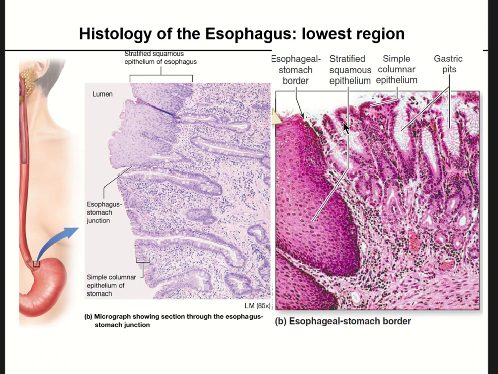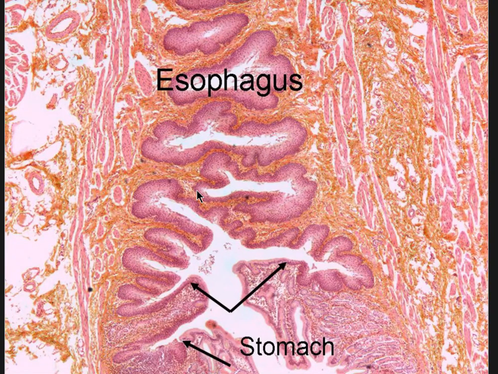Here is an even better stain where you can see the color difference more clearly. Here is a very thick stratified squamous epithelial layer. And here, look at those lovely gastric pits. I mean, come on, you can just see how there's folds in this mucosa where you're going to see some of these gland secreting cells and all these goblet cells. Okay, so make sure you look at a couple different ones like that